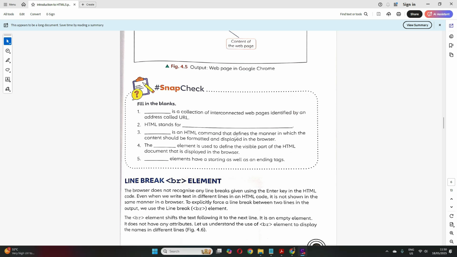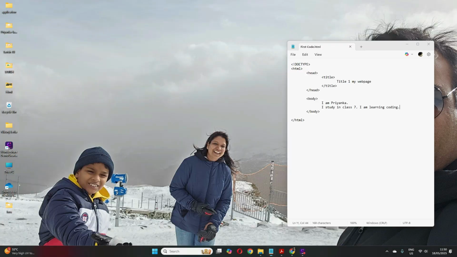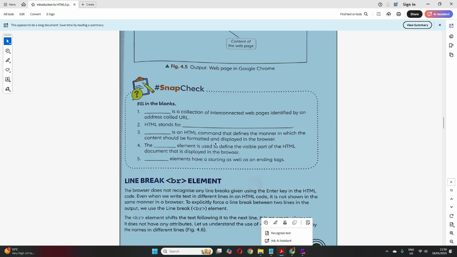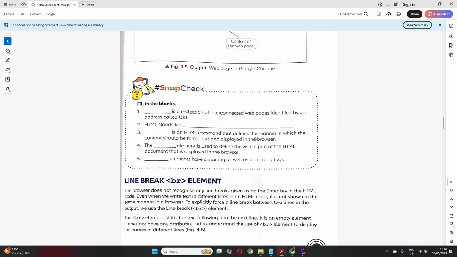Dash is an HTML command that defines the manner in which the content should be formatted and displayed in the browser. It is the HTML element, right? HTML element is the command that defines the manner in which the content should be formatted and displayed. Now number 4, the dash element is used to define the visible part of the HTML document.